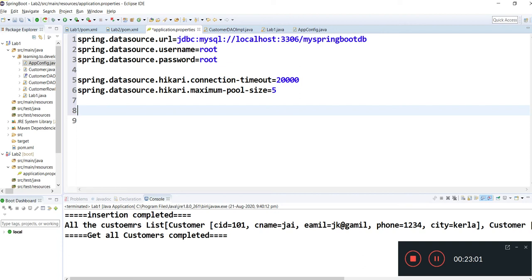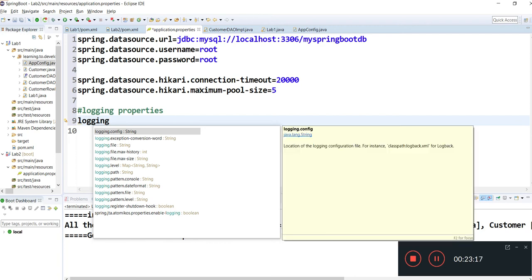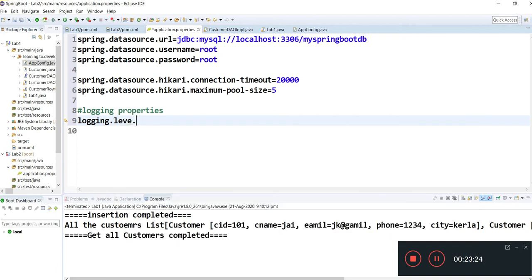Okay, after this we can mention some logging properties here. By mentioning logging.level.root, I am setting it as debug.